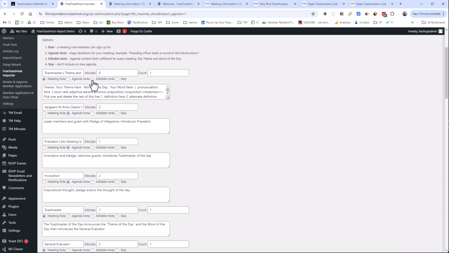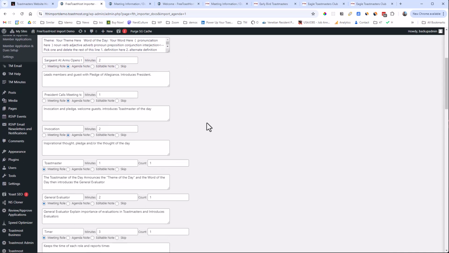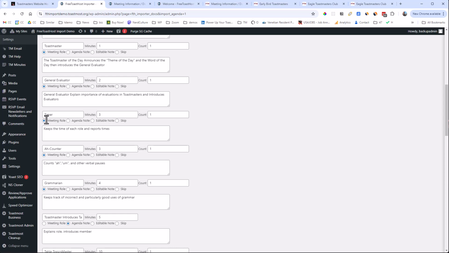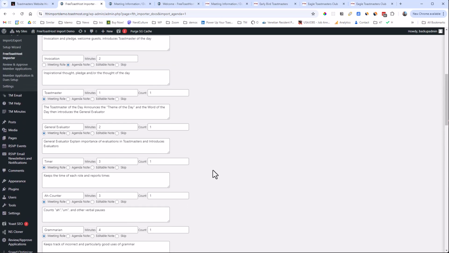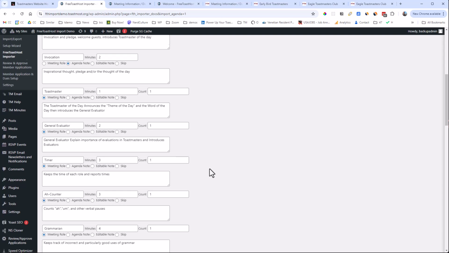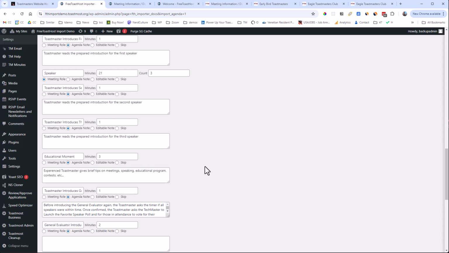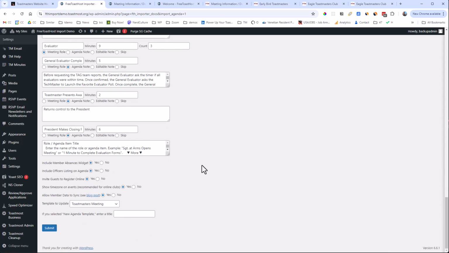And I get back this form that makes some suggestions about what it thinks is a role versus a note that should appear on the agenda. And I can go through and classify these things, try and make sure that they're set up right. But I can see I've got general evaluator, timer, counter, grammarian, and speakers. So this may not be perfect, but I can save it from here